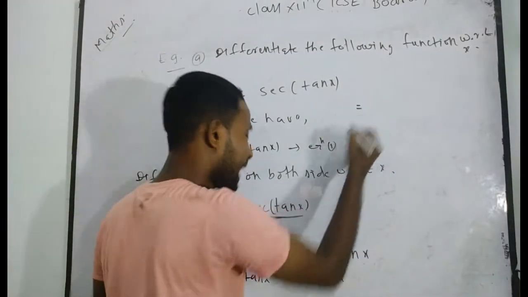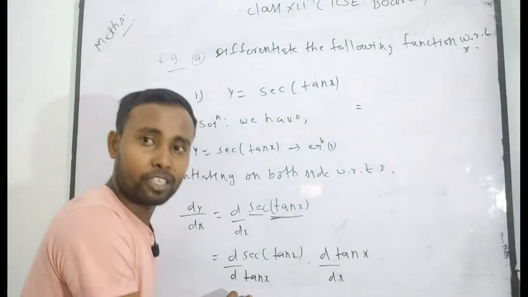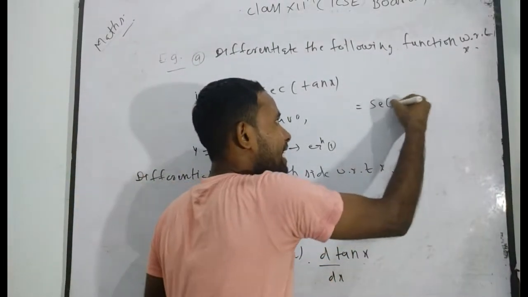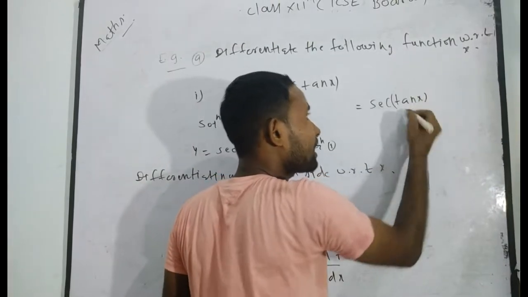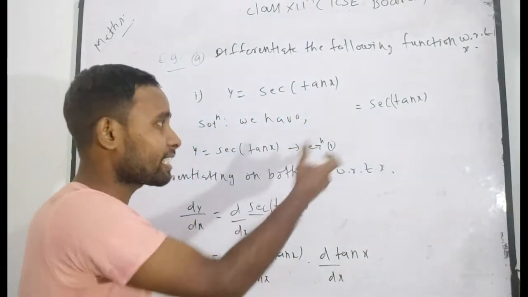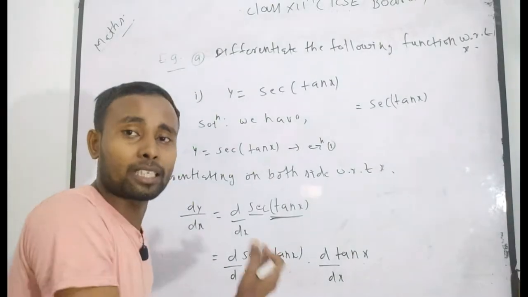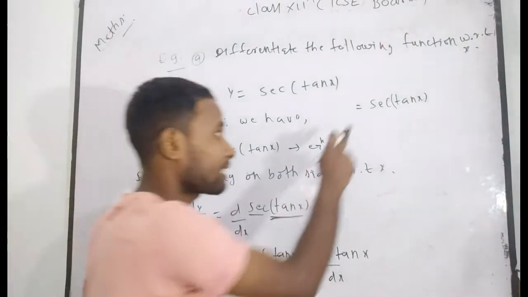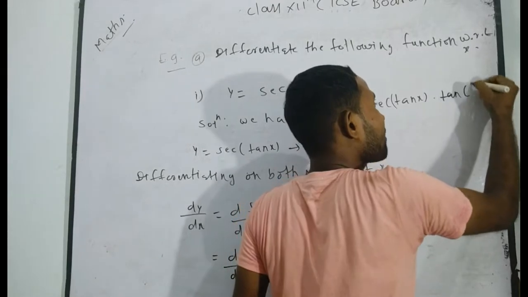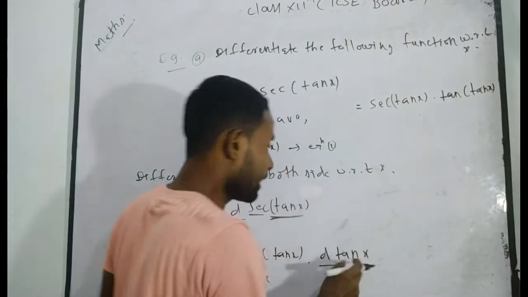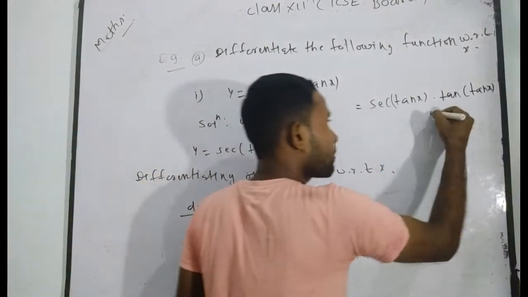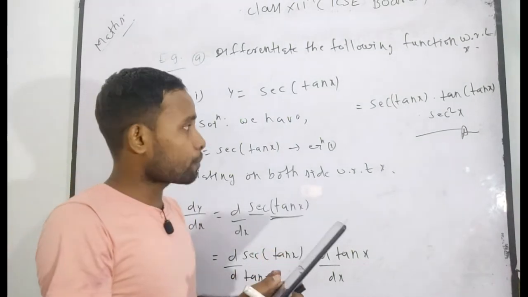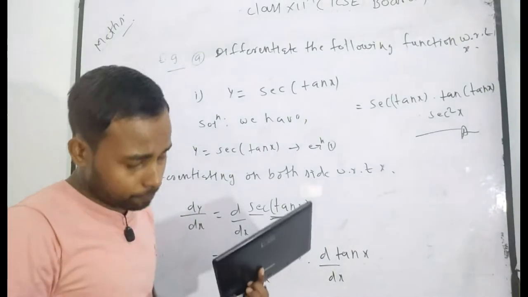That implies that we can write directly here, sec theta when differentiated with respect to theta becomes sec theta into tan theta. So you can write here sec 10x, that means sec theta where theta is 10x. Be careful here, do not write theta. Sec theta where theta is 10x, and the derivative of sec theta will be sec theta into tan theta, into the derivative of 10x with respect to x, which will be sec square x, which is your required answer of this problem. Now again, take the next problem for you.